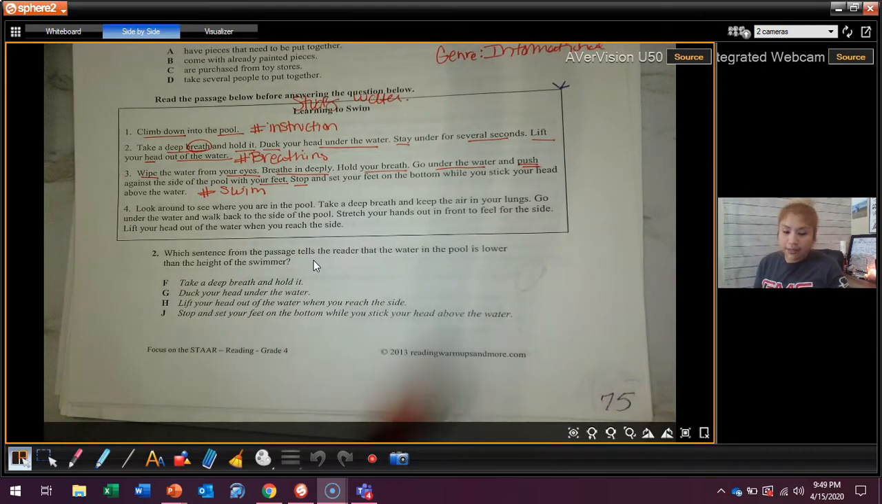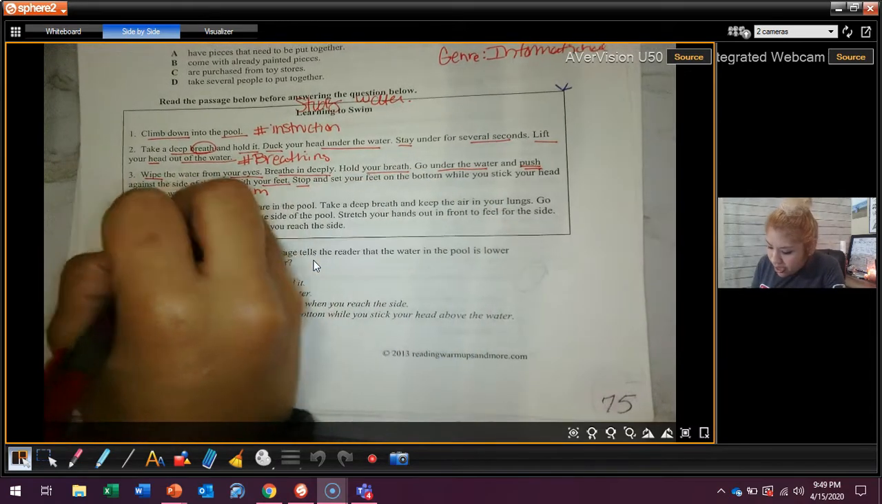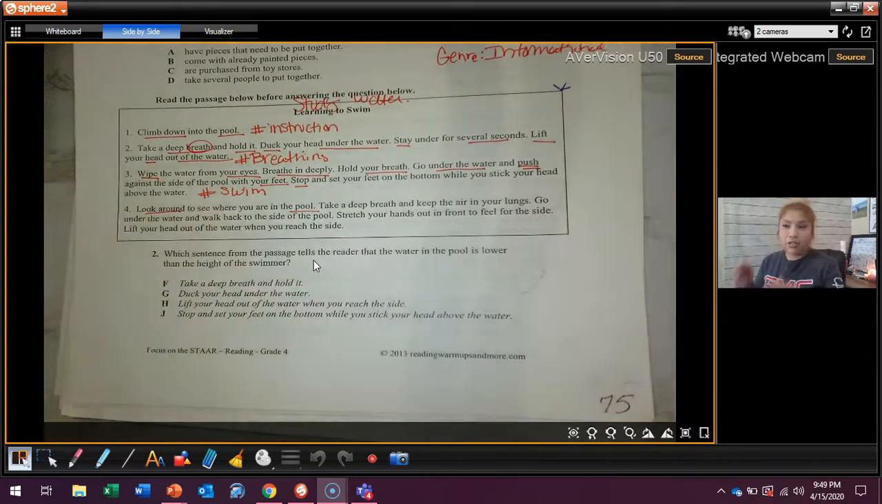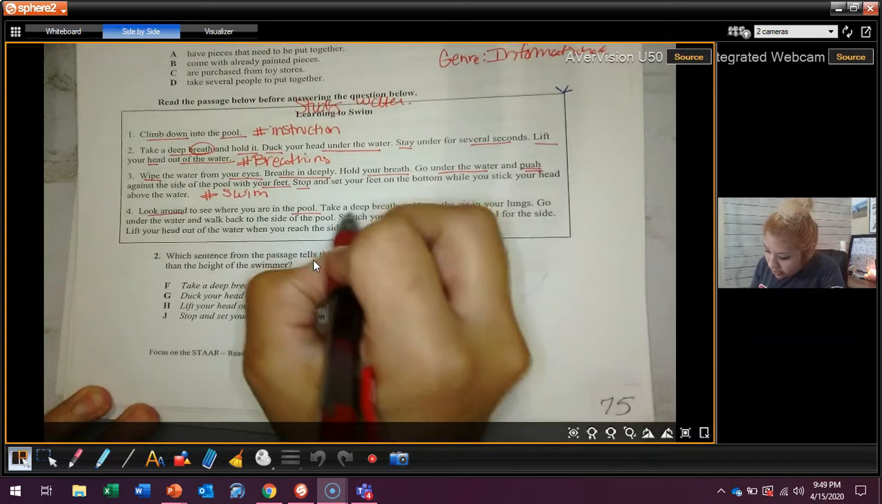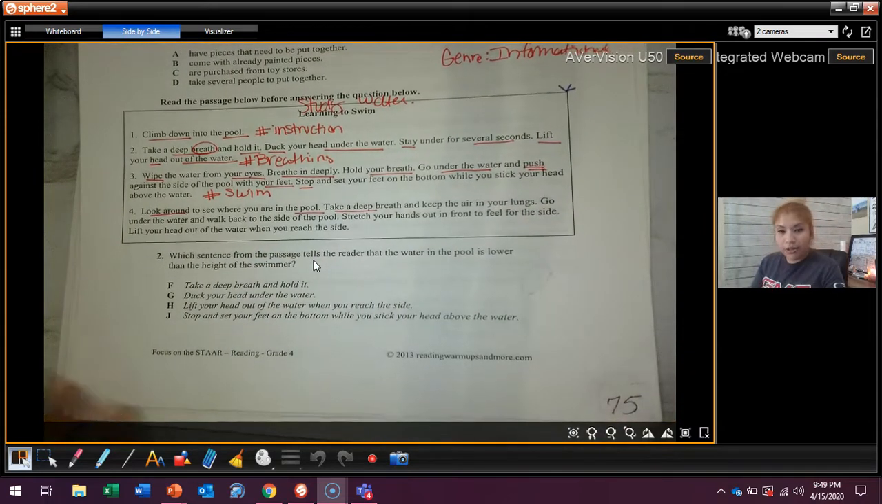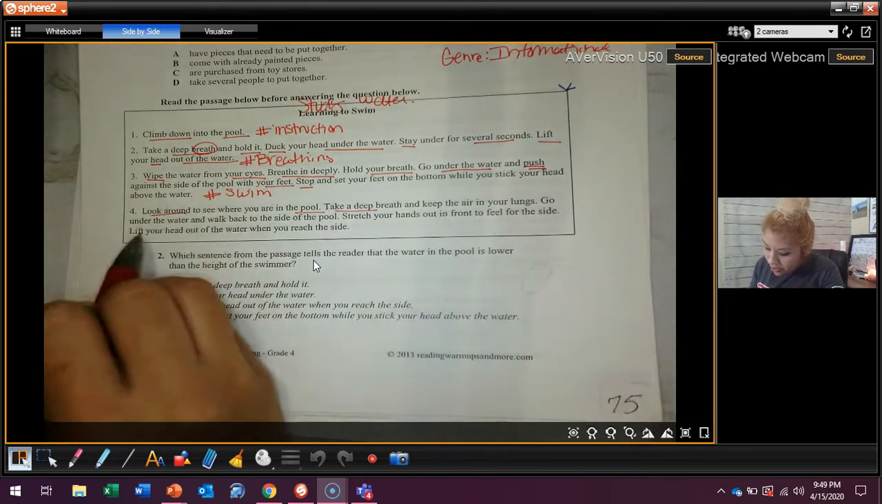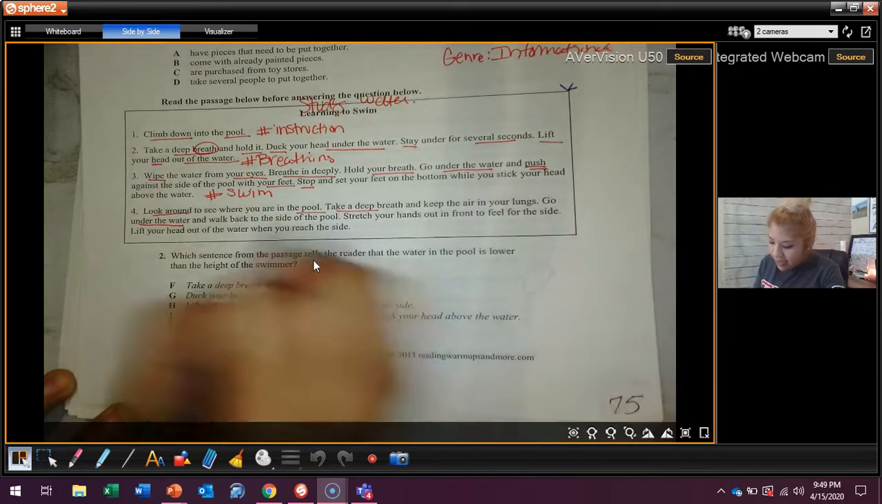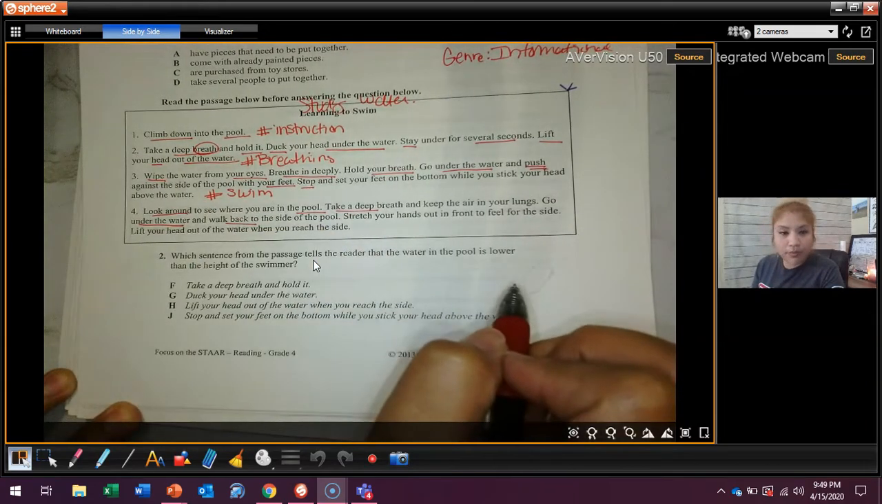So look what this one says. You need to look around where you are in the pool, right? Because you know how sometimes you're swimming, you're not looking and you could hit your head or something. So they're telling you, look around, take a deep breath. Where do you keep your breath? You hold your air, where do you hold your air? In your lungs, right? So you go under the water and then you walk back to the pool and then